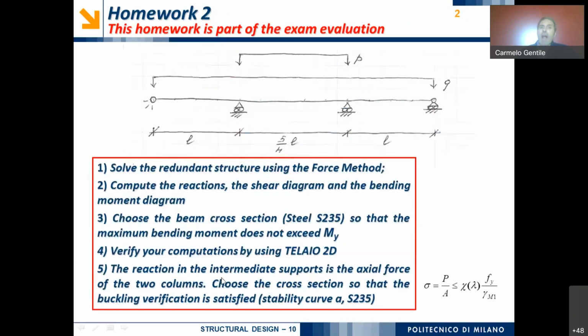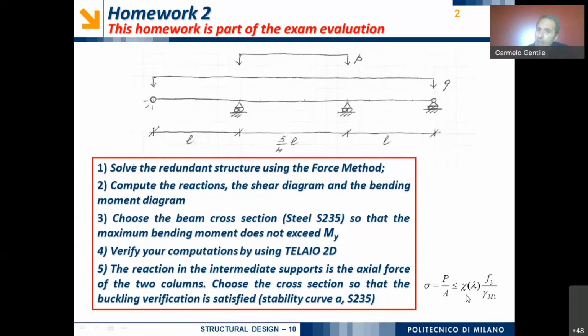Okay, so I would like that you choose the cross section of these two columns so that the buckling verification is satisfied according to a stability curve number A, and assuming that the class of the steel is S235. Basically, you have to ensure that the value of the normal stress should be